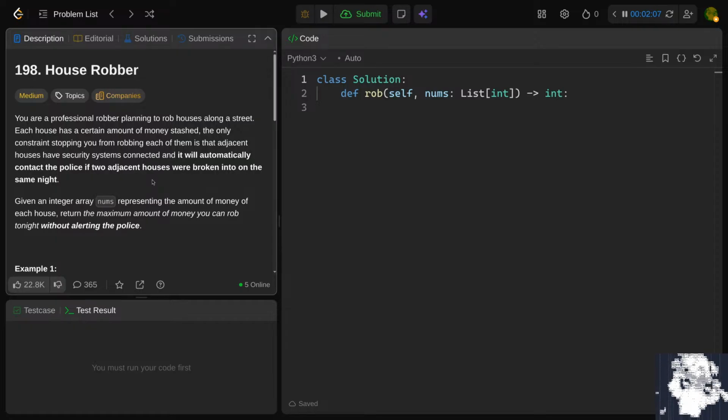And there's situations where you would do that, but it kind of depends on everything. Even if house number 1 is 10 times bigger than house number 2, if you can't rob house number 2,